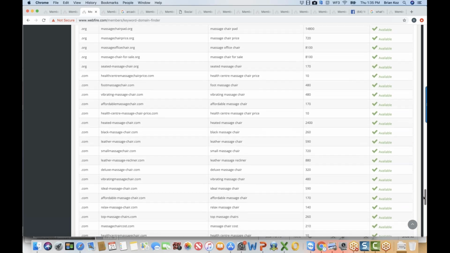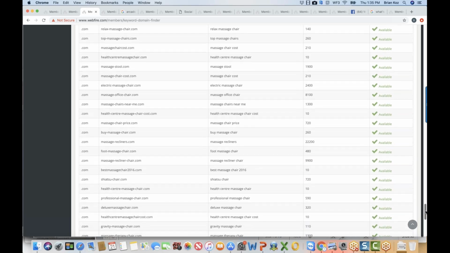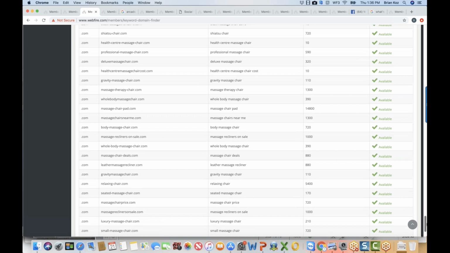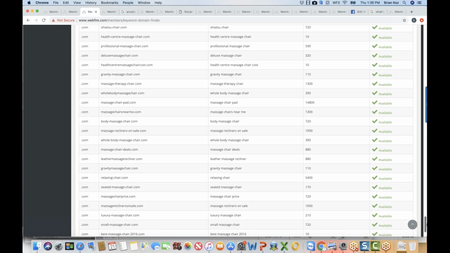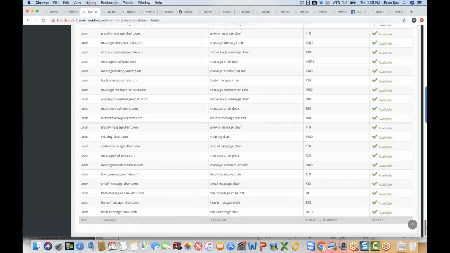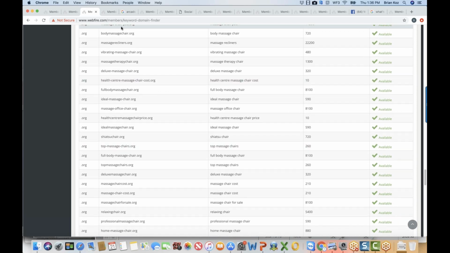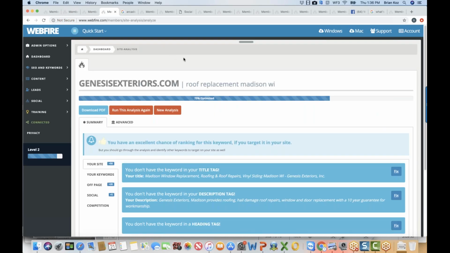If there's a certain one that you want to rank for, and you don't have a site yet and you want to make a new site, if you have the keyword in the domain itself, and in the title and in the content, you have an almost guaranteed chance of ranking. So it's a pretty cool trick. But if you already have a domain, I wouldn't even worry about it, because as long as you have it in the title tag and stuff like that, you should be more than fine. But we have the tool there to help as well.